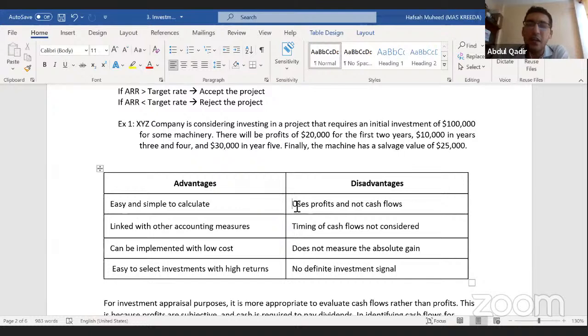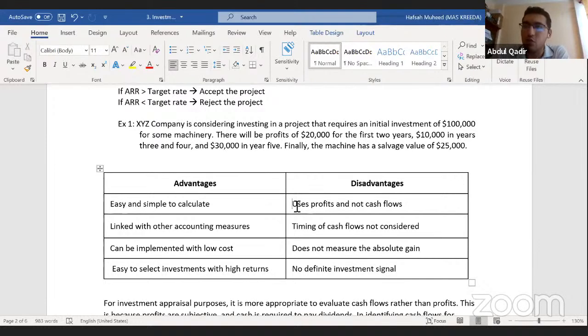Because companies can sell products and earn revenues, but they can sell a lot on credit. And when you sell on credit, you get a lot of trade debtors in your balance sheet. But you might not be able to collect cash for all of them. Some of them might not pay you.